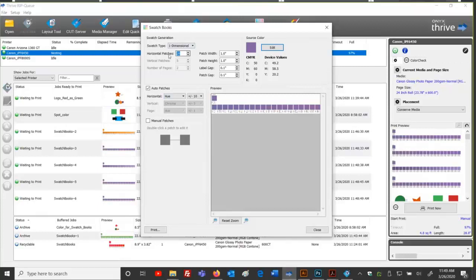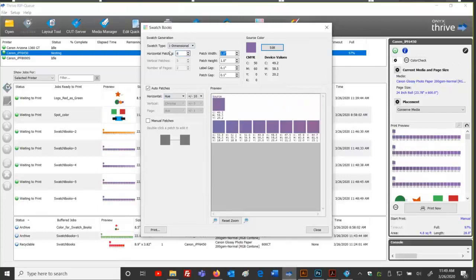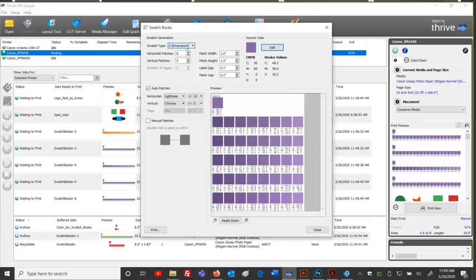Okay, one more thing I want to show you guys here in the swatch books. I'm just going to go back down to one example here of eight patches. Instead of one-dimensional changes, where I'm picking these options, lightness, chroma, hue, saturation, I could also change to two-dimensional changes. Now, horizontally, you'll notice saturation is gone. It's only available in the one-dimensional change. But you'll see lightness is an option here. Change horizontally, or vertically change in chroma, or change in hue and change in chroma.